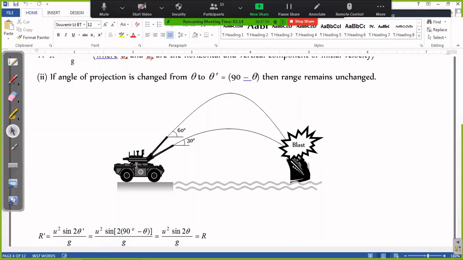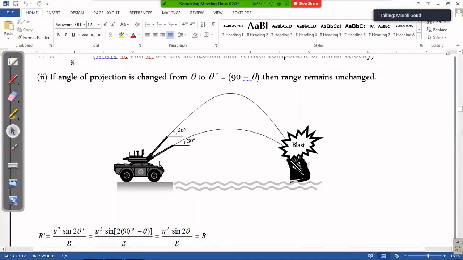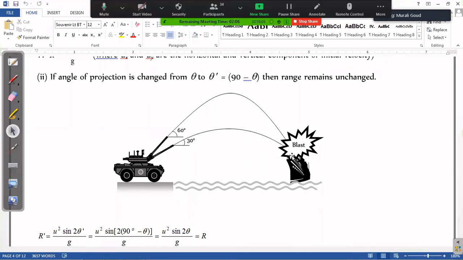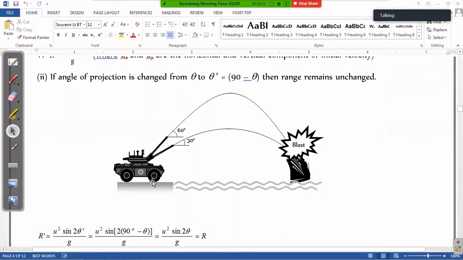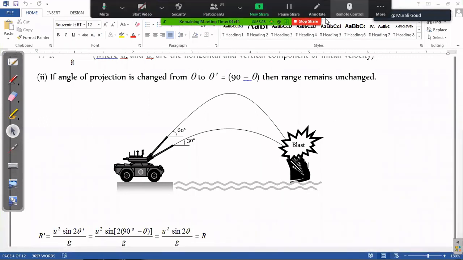So there is an army tank. From there, they are throwing some bomb out to some particular location. When they are throwing, they should know how much distance it can travel. So this horizontal distance traveled by the bomb, we consider it as the horizontal range. The bomb motion here is also projectile motion. That's the reason we are going with this example. Now we will come back to our